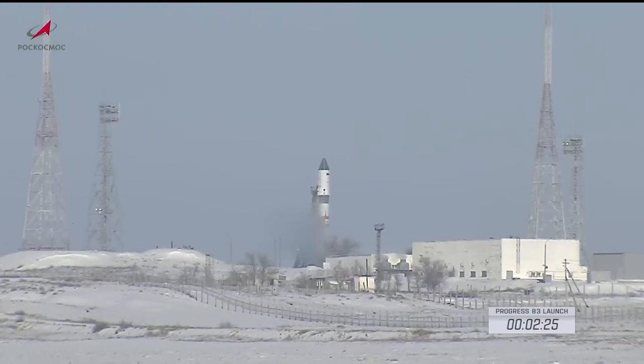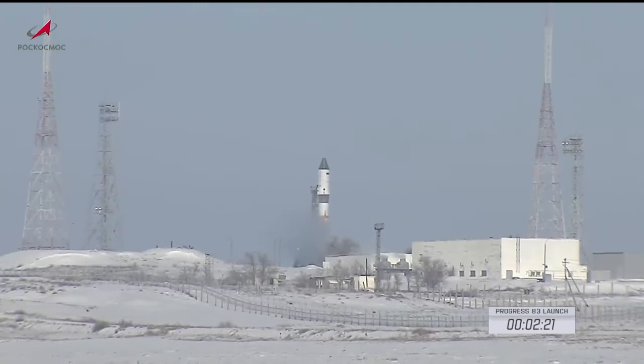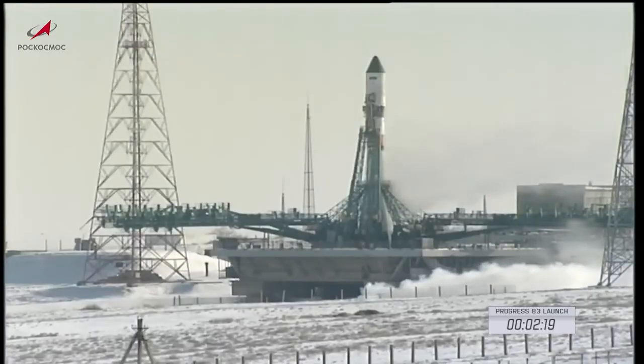There are 2 structural umbilicals against the side of the 2.1A booster. The first will retract about the 35-second mark before launch, and the second will retract at the 20-second mark. It is the second umbilical's retraction that will initiate the auto sequence start for engine and liftoff. And now coming up on the 2-minute mark before launch,